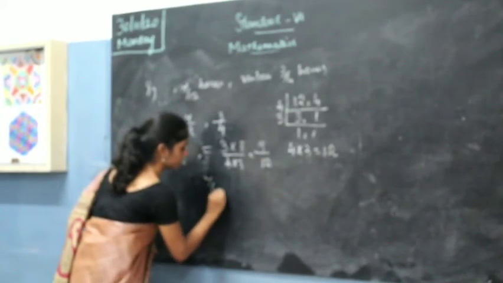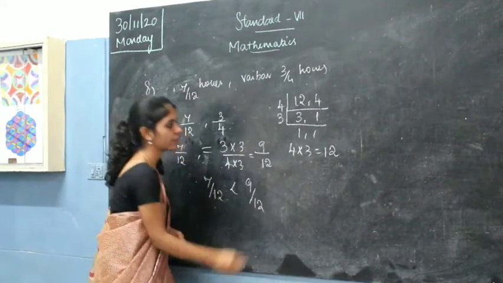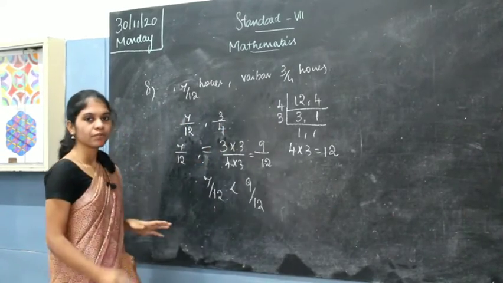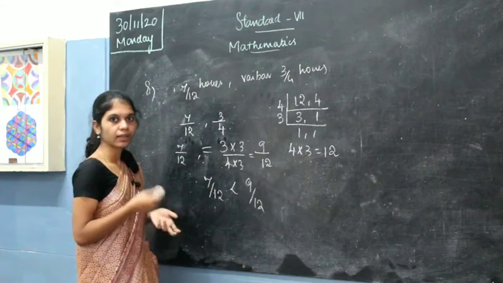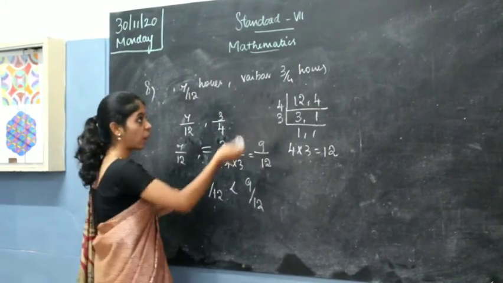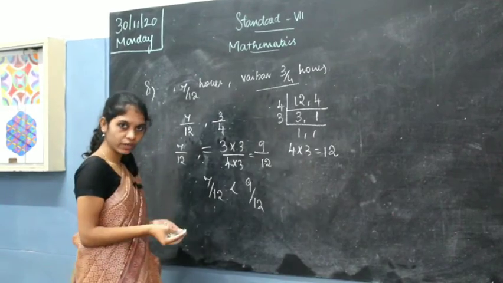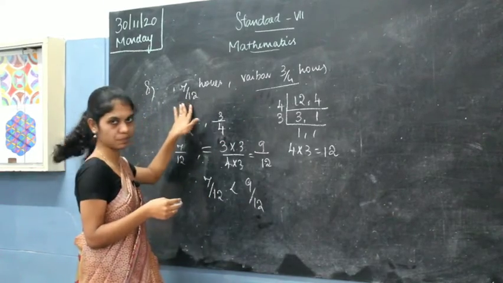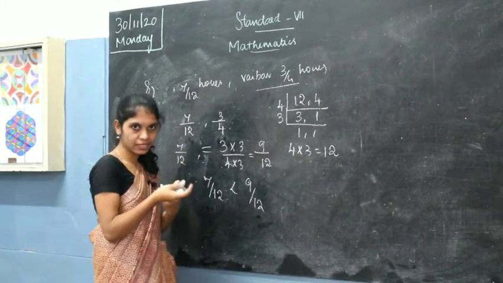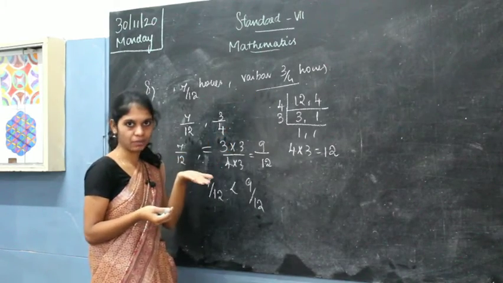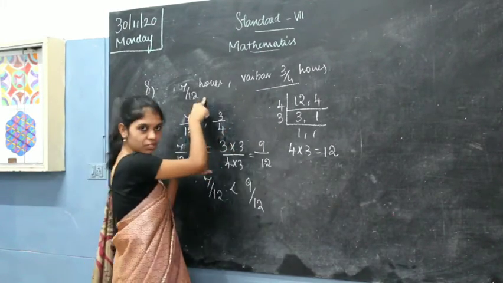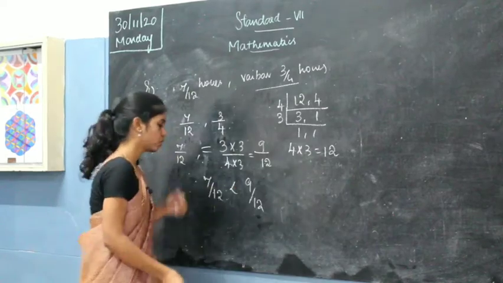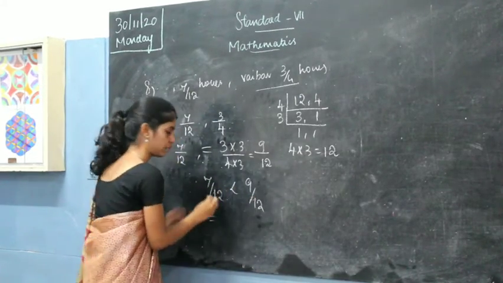So who worked for longer is Vaibhav. Vaibhav worked for longer than Michael. Now we are going to find out how much longer they worked, which means the difference. In order to find that, if you minus how many hours Michael worked from how many hours this person worked, it will give the difference, how many hours he worked extra. So now what we are going to do is minus this from this.